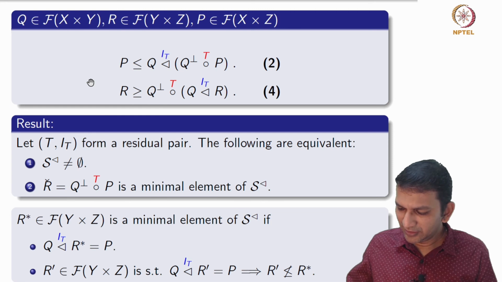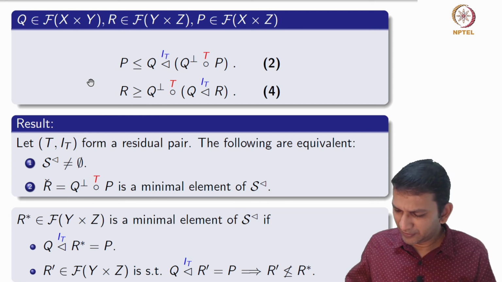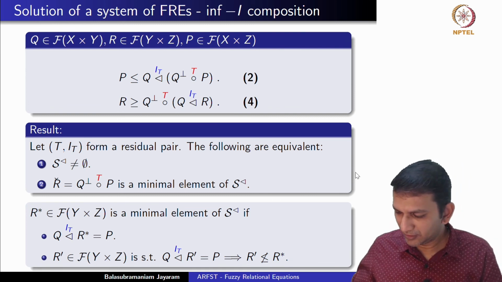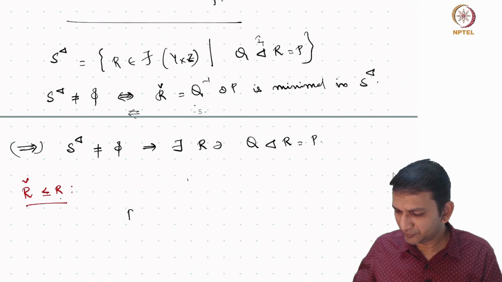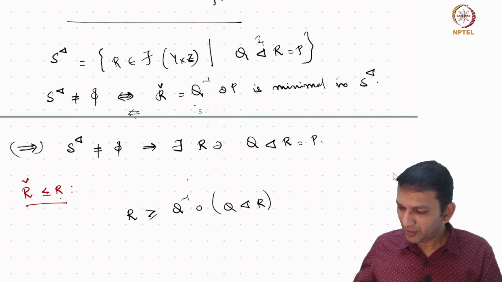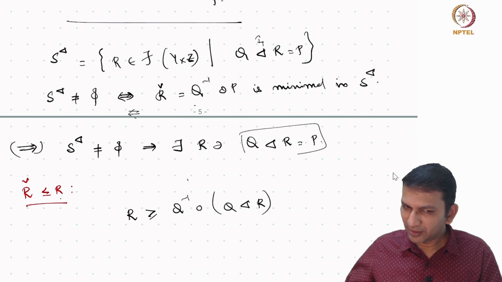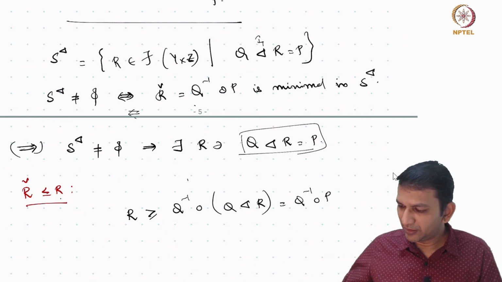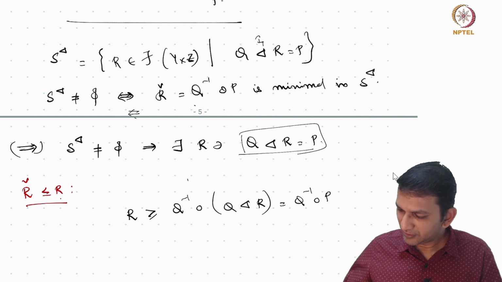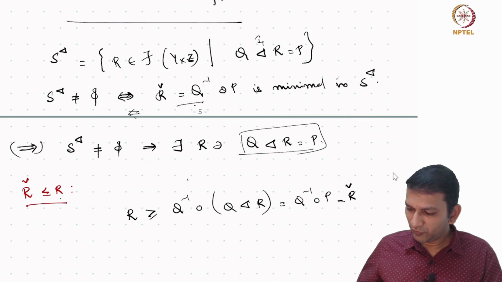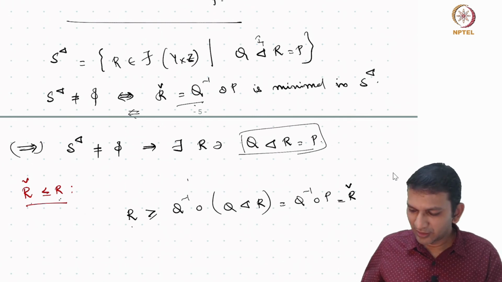To this end, consider the second inequality. What does the second inequality say? It says that R is greater than or equal to Q inverse circle Q delta R. But note that Q delta R is actually equal to P, which means this is Q inverse circle P. But Q inverse circle P is essentially R check. So what we have shown here is that for any solution, R check will be smaller than that,